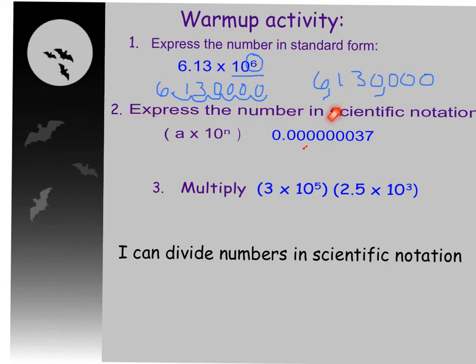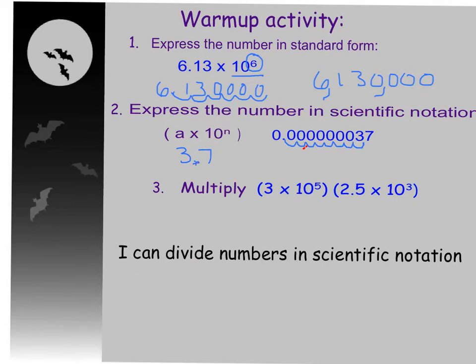Second one, expressing the number in scientific notation. Now this is the opposite. Now we have to make the decimal times a power of 10. So the decimal times a power of 10. When we move our decimal, we want to move it so when we stop, the A, or the decimal, is a number between 1 and 10. So